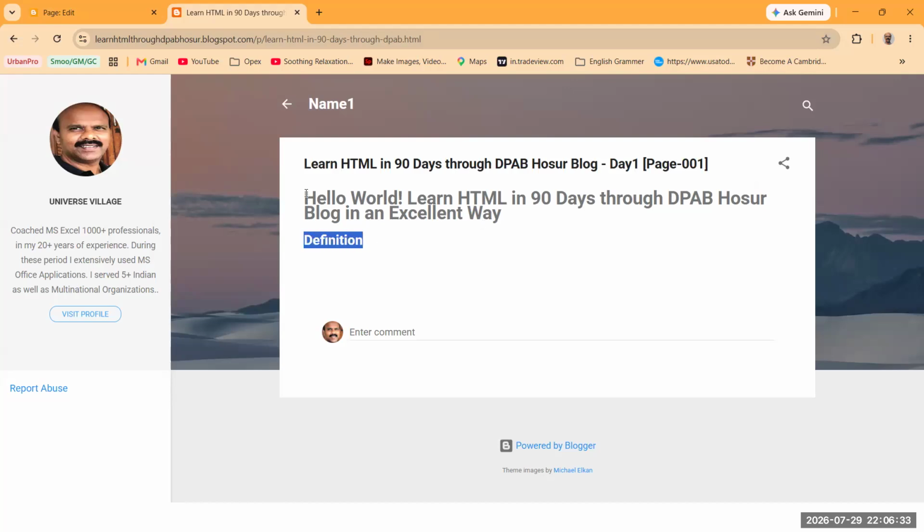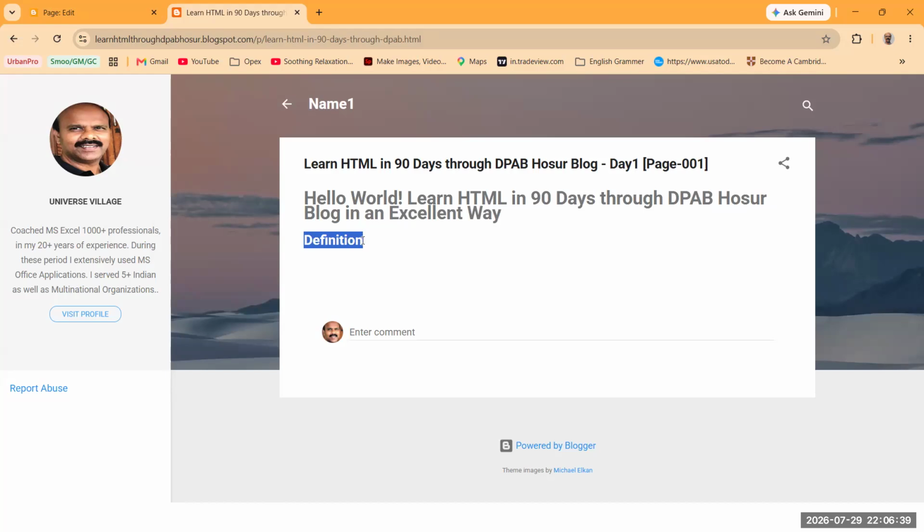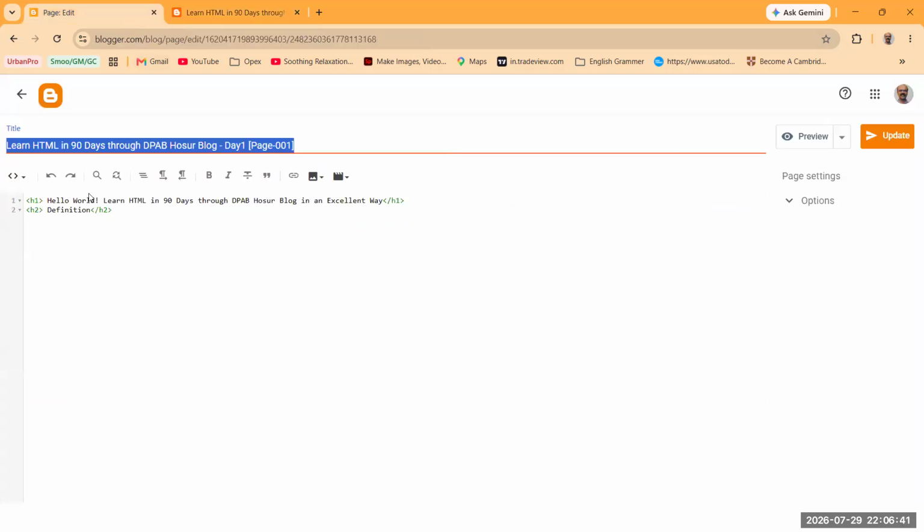Because we have given this within the tag of H1, header 1 tag, and definition we have given in header 2 tag like this what we are seeing here. I hope you are able to follow me, right? Right. Now next one is the paragraph tag. We have to write it like this: P and close it with this /P. In between I wanted to write